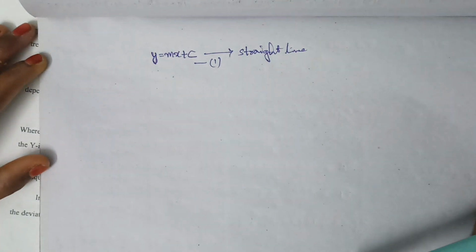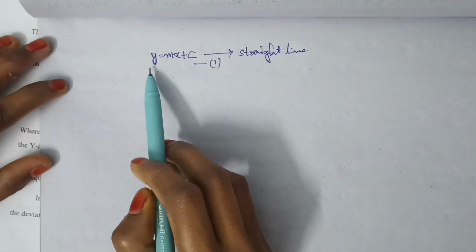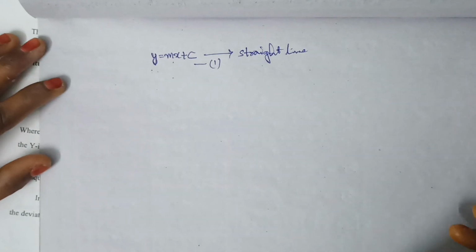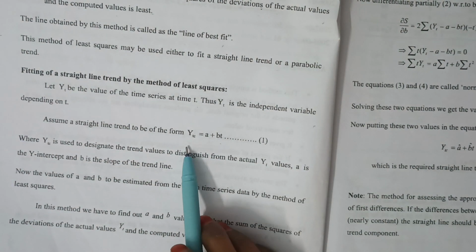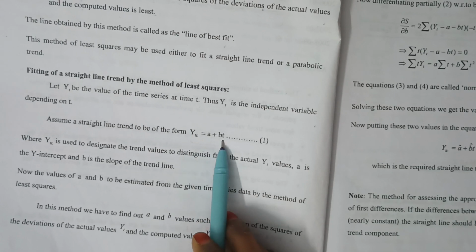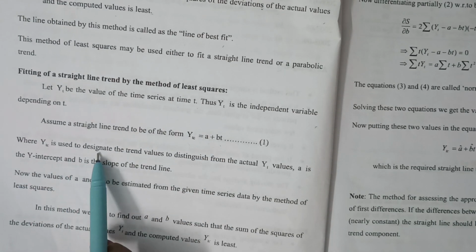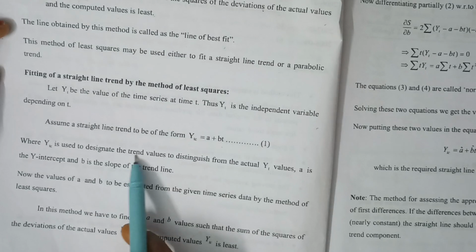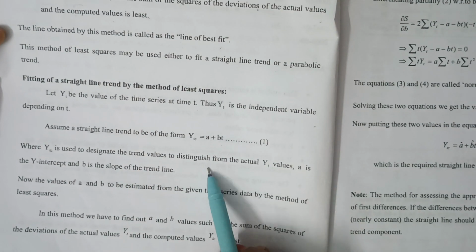This is the straight line equation. We will see this step by step: what is this y, what is this m, and what is this c. Here also it is the same, but the variable is different. ytc is equals to a plus bt, where ytc is used to designate the trend values to distinguish from the